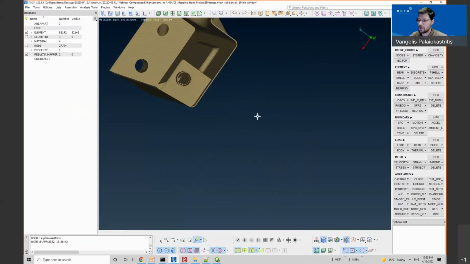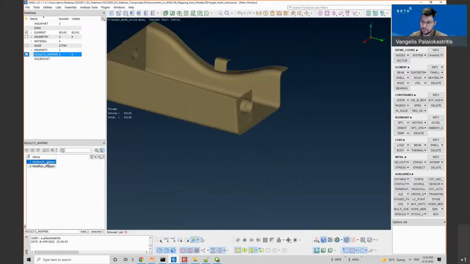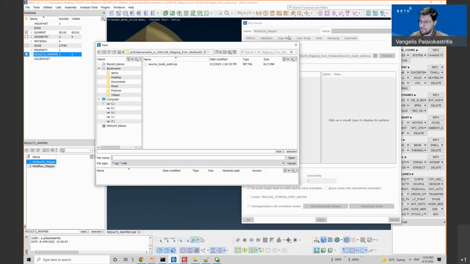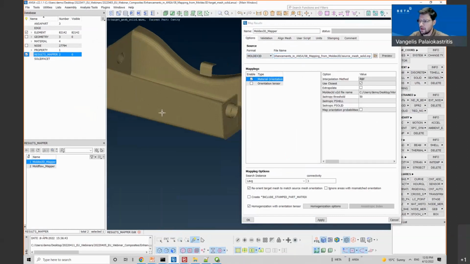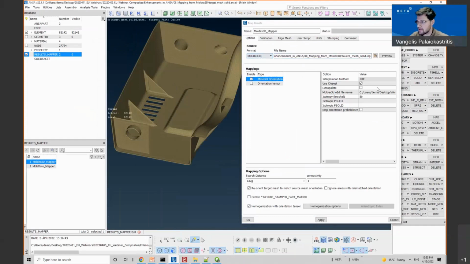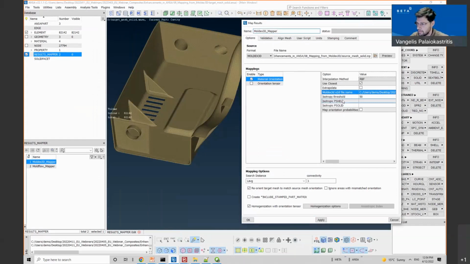Okay, so I have this example. I have the material orientation of this model from Moldex analysis and the Moldex O2D file that contains the material orientation for each element.